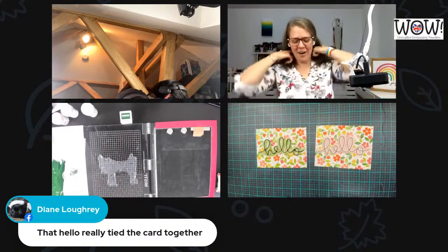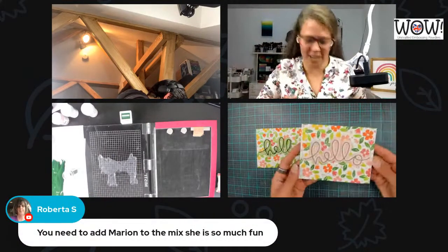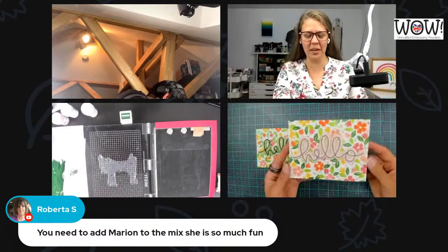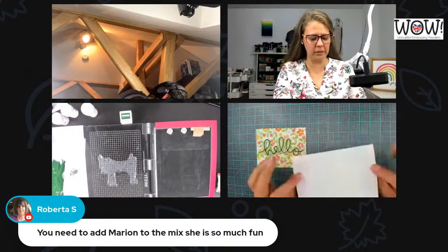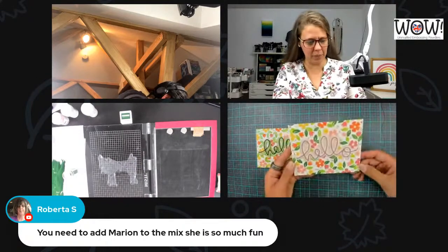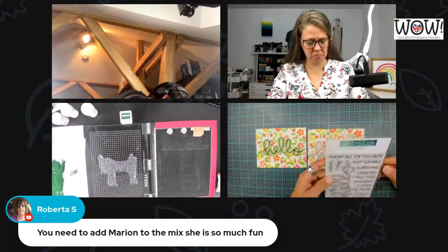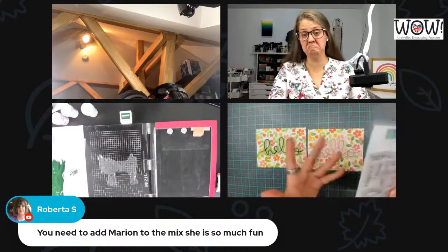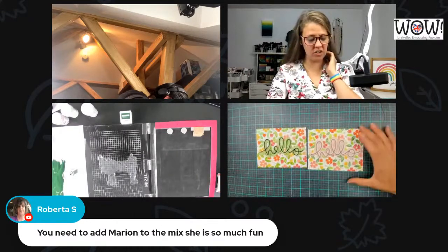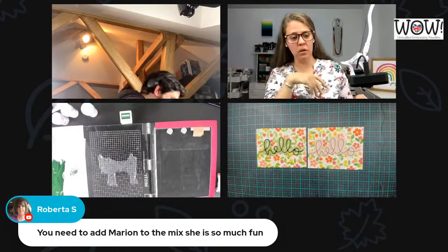Anyway, so yes, a card. Look at that. I do have to add a card base, of course, because otherwise it would be a bit of a weird card. So card base, and maybe from all of us. So I will finish this card, and then we will draw a person from the comments,